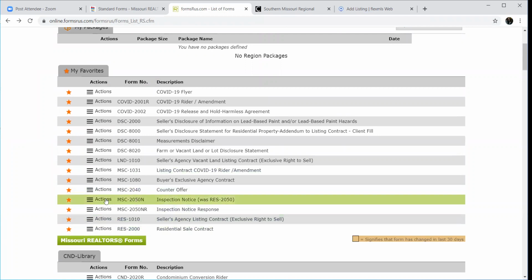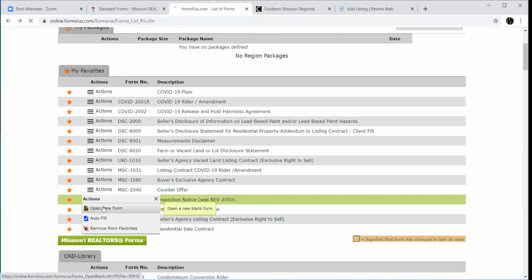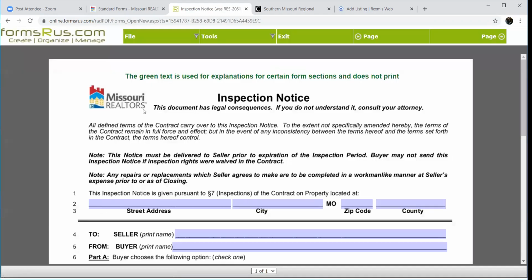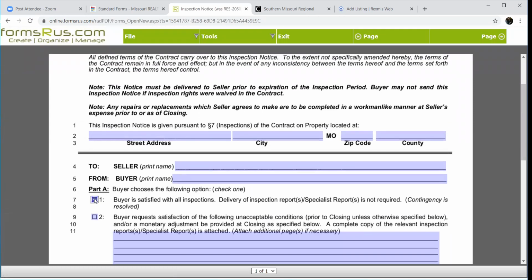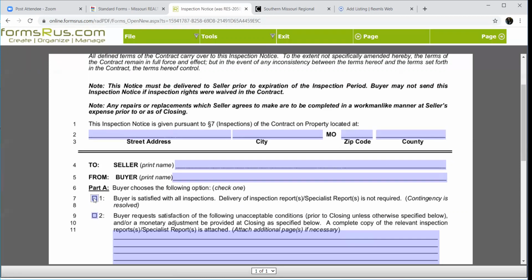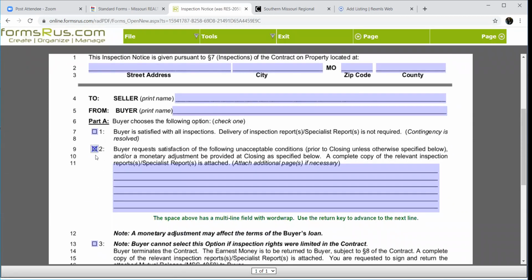All right, so we've got our inspection back, and we're going to come in here and make our requests of what we want to have fixed. So we can either say, hey, we're completely satisfied with the inspection, it's great, we're going to take it just as it sits, or we want these items fixed. Now, they've changed this form. We used to have a really nice big block here that we could put all kinds of things in. Now you kind of got a smaller area.